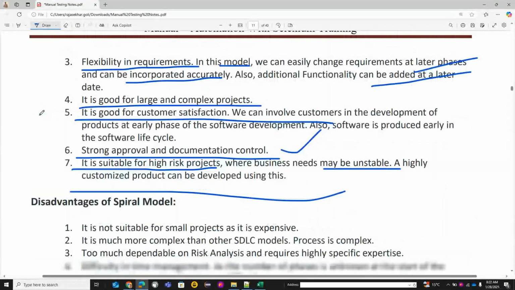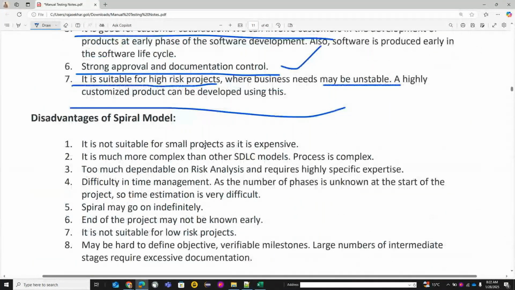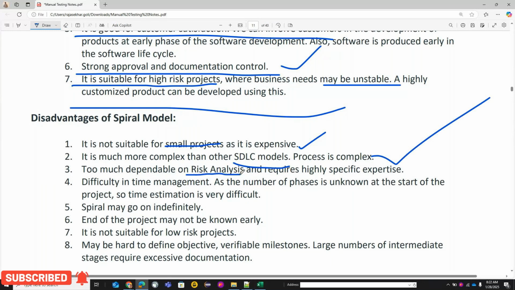And disadvantages: advantages are for large projects, which means it's not suitable for small projects, right? Because it is expensive, and it is much more complex than other SDLC models, and the process is also too complex and too dependent on risk analysis and difficult in time management.